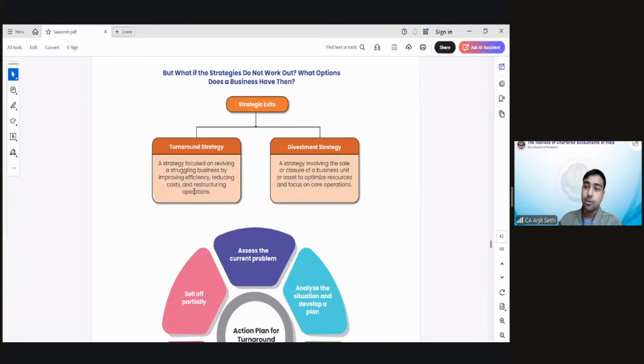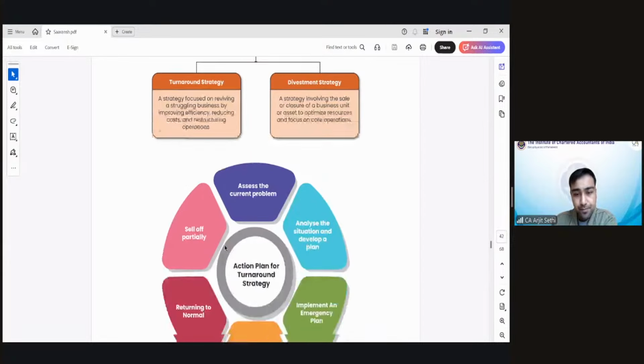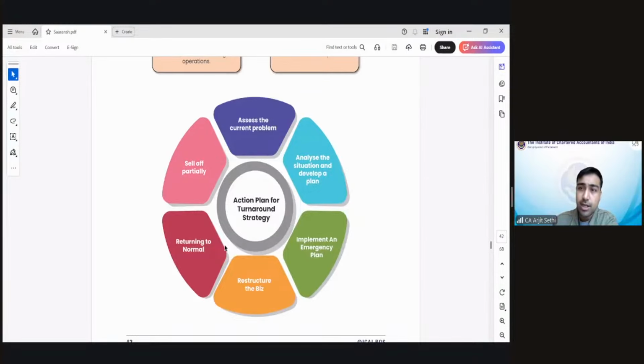ठीक है जी. थोड़ा और पढ़ते हैं इसके बारे में. Action plan for turnaround strategy क्या होता है? कैसे होता है turnaround? Divestment is simple. बेचना है, बेच दो. You want to sell a part of your business. You want to sell your entire business. Depending on you. You say, नहीं, मेरे को सिर्फ I just want to sell some part of my business. You sell it, you get some money, and you try to retain that business. Or you say, नहीं, पूरा बिजनेस बेचना.